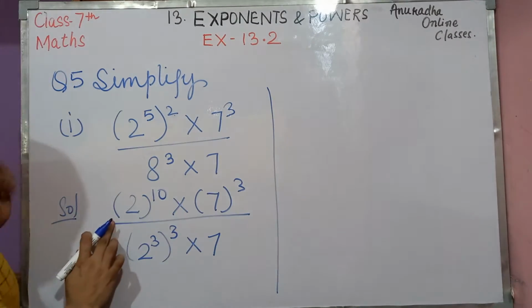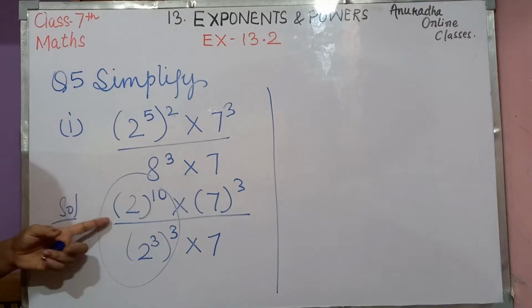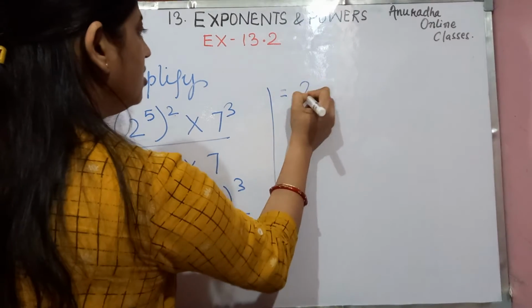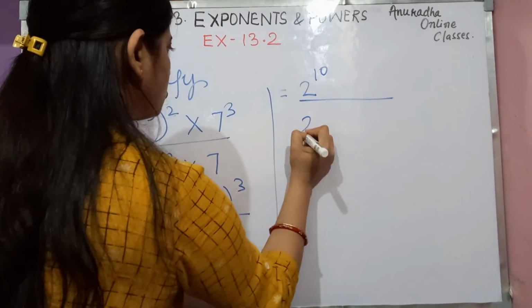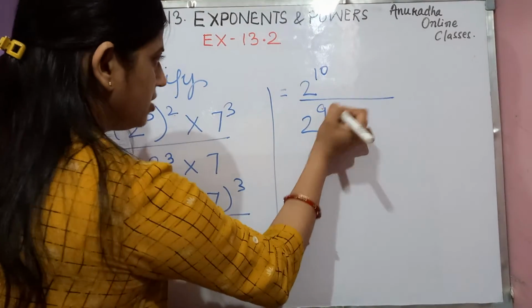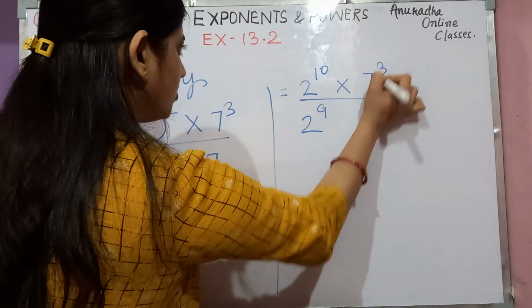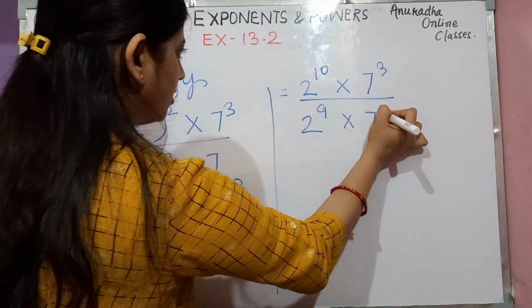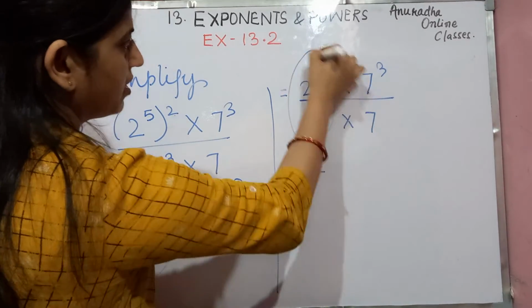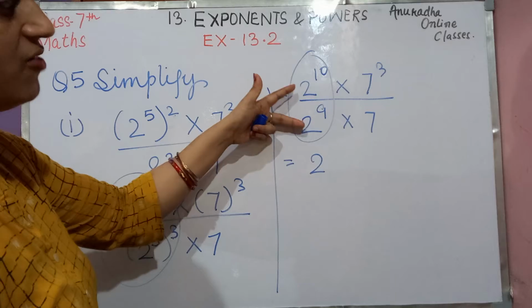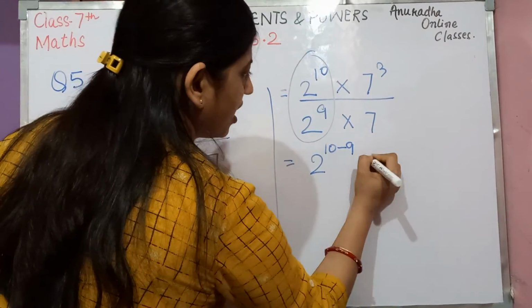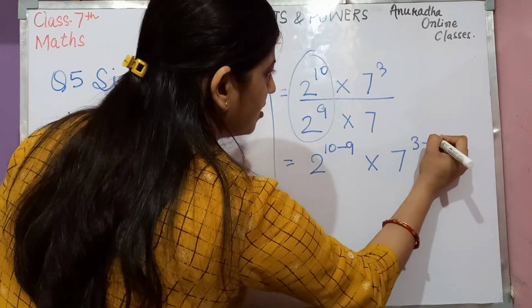Now see this one. अब ये क्या हो रहा है? डिवाइड हो रहा है, बेसिस आर सेम. वन मोर थिंग, एक और स्टेप हम इसमें करेंगे. 2 रेज टू द पावर 10 डिवाइडेड बाय 2 रेज टू द पावर, पहले इसको करेंगे हम सॉल्व. 3 3s are 9. It will be 9 into 7 raised to the power 3 into 7 raised to the power what? 1. 1 लिखने की जरूरत नहीं होती. Okay. Now see this one. अब हम कर लेंगे, bases are same and division is there, that means we have to subtract the powers. So this is 10 minus 9 into 7, 3 minus 1.